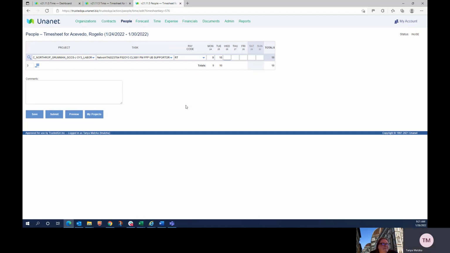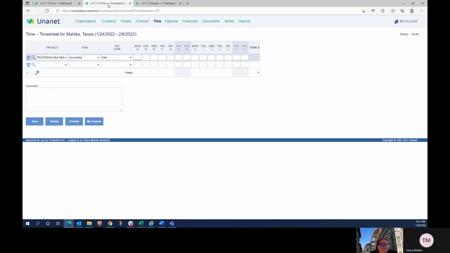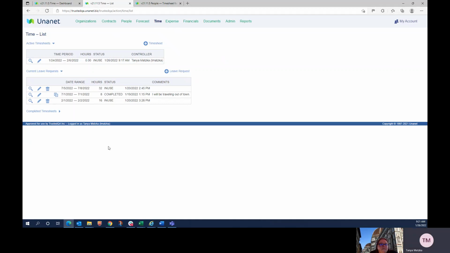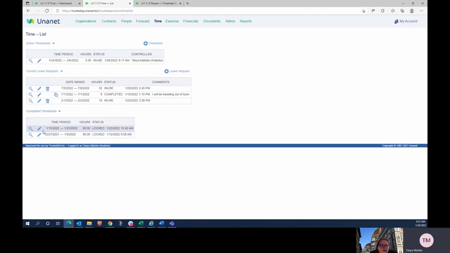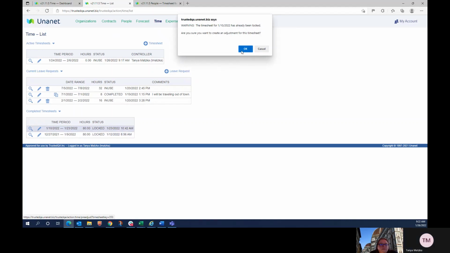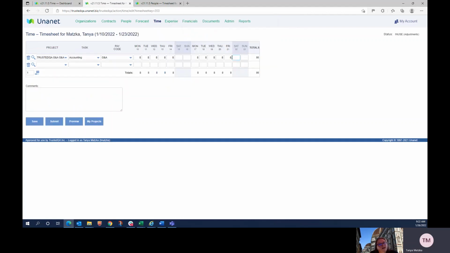If you do submit it on Friday and then realize, oh no, I forgot, I need to do some work, and you need to adjust it, you can do that. You can go to time list. If you look at your list, down here you will have where it should say completed timesheets. It's locked. You can actually edit these by penciling in here. It says, do you want to create an adjustment? I do. I want to create an adjustment. You want to